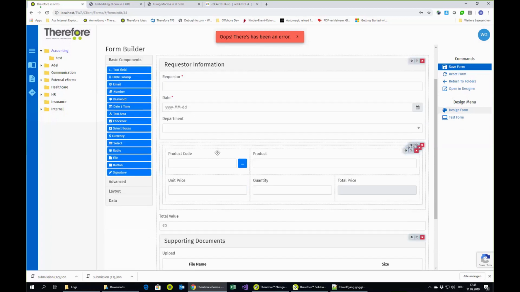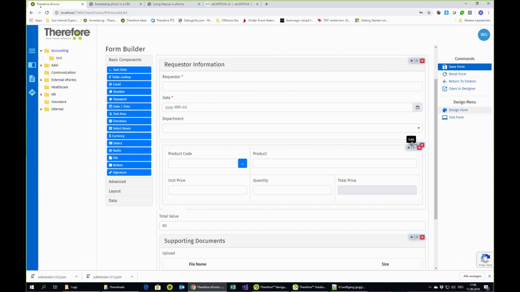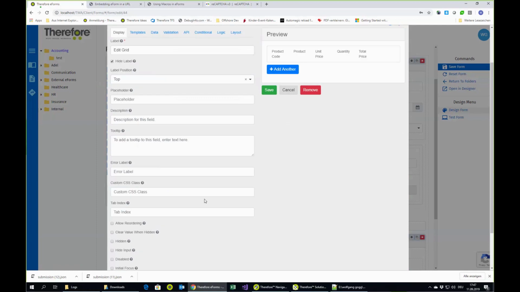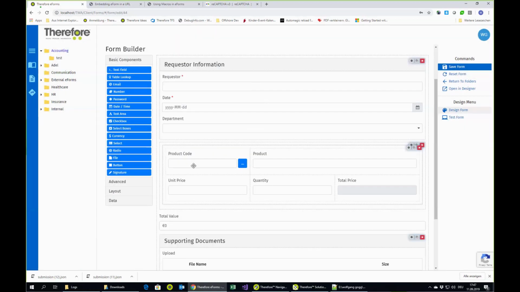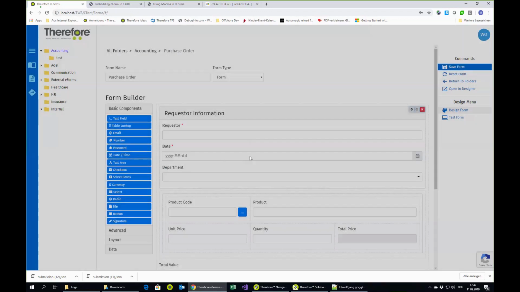That's basically how this edit grid control looks like. Inside you have your controls laid out, and if I go for the, that's not a panel. And that's the edit grid component where you have your templates, how you render that, and your API key. But basically, it automatically adds the number of fields you add here to the condensed tabular view. The other control for tables that I will quickly show